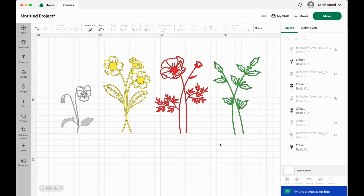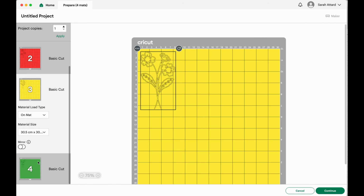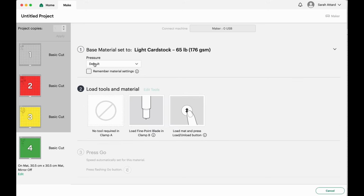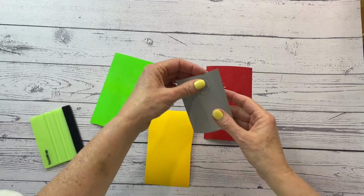Alright, so now we just need to cut them out. Now you see they're all on the separate mats. So if we go to continue, now I've done some test cuts with this particular reflective vinyl, and I found the best cut is to use the light cardstock. So I'll just use that with the default pressure and we'll be good to go. Let's cut it out. So now I've cut out all of my flowers